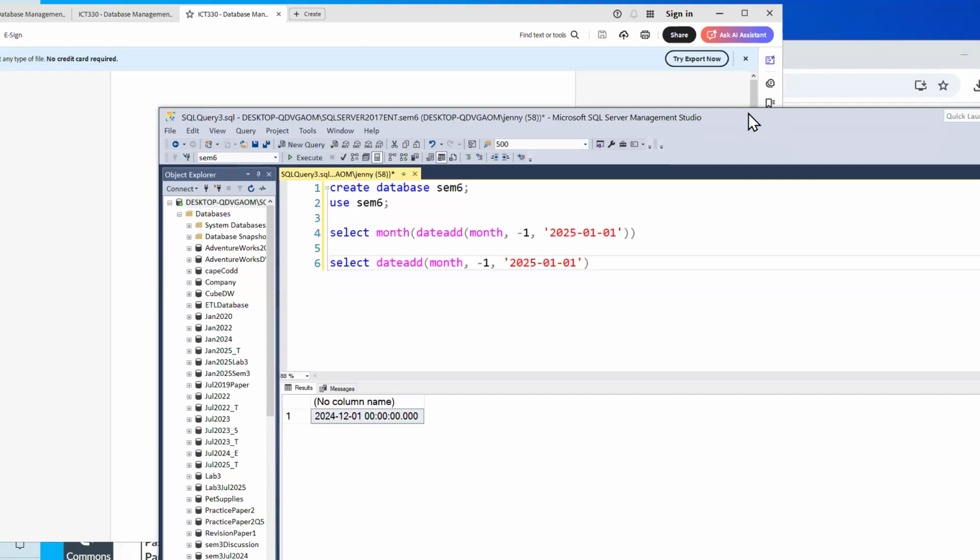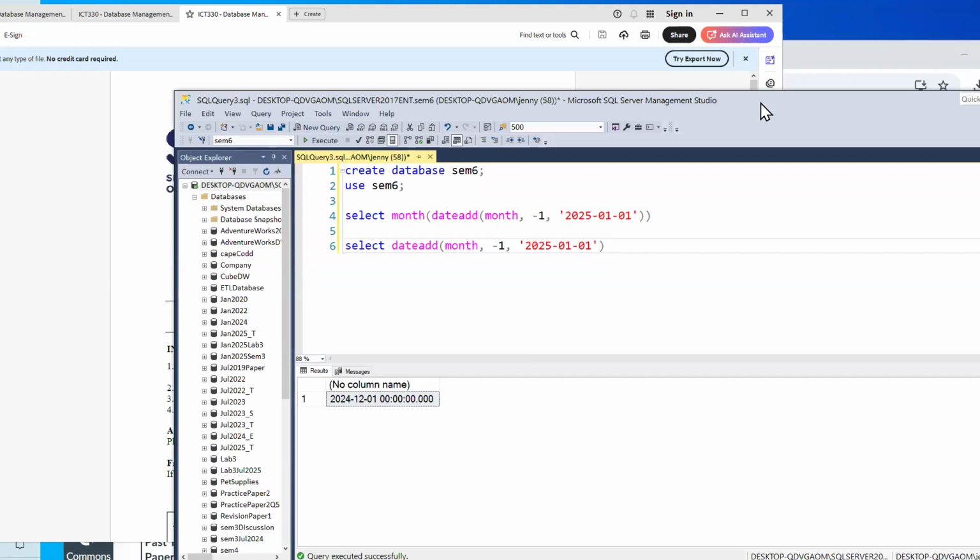So some of the things that you might want to download would be the date functions. Go to SQL and pick up some of the date functions like DATEADD, DATEDIFF, GETDATE, those kinds of functions that are often tested in the exam. I was also mentioning that sometimes you may be asked to manipulate dates,